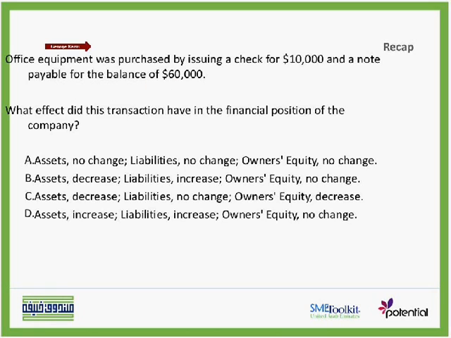Again, office equipment was purchased, so we have assets increasing by the value of the office equipment. It is 60,000 plus 10,000, so an increase in assets of 70,000. We have a decrease in cash assets of 10,000, and we have a note payable, which is a liability of 60,000. So which one is it? Asset not change, liability not change, equity not change? Asset decrease, liability increase, owner's equity not change? Asset decrease, liability not change,